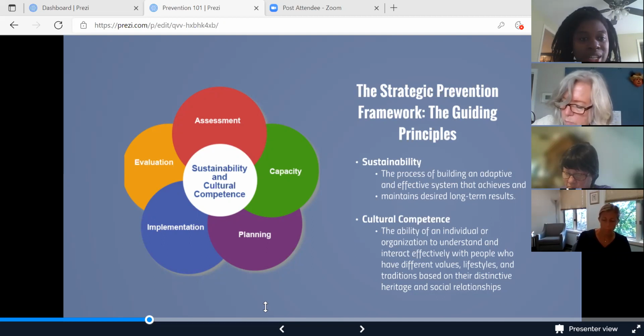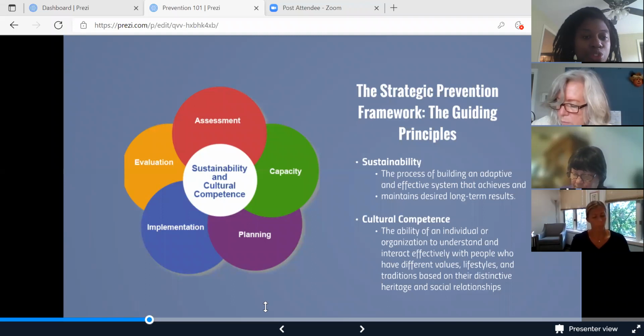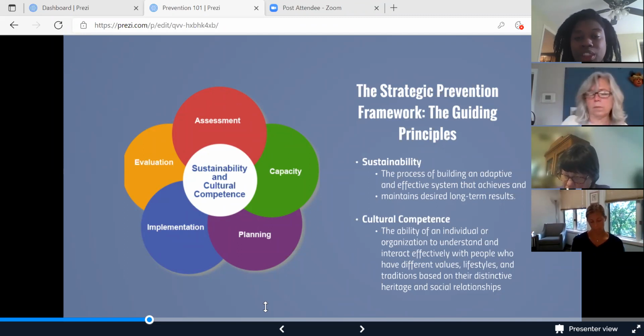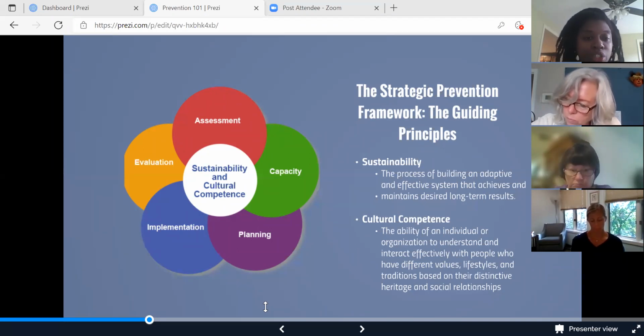Cultural competence is the ability for an individual or organization to understand and effectively interact with people of different values, lifestyles, or traditions. Cultural competency does not necessarily infer racial or ethnic demographic. However, we have things such as different value systems, whether the partnering community is rural, urban, or suburban, socioeconomic status, as well as language differences and the majority religion within that particular area.